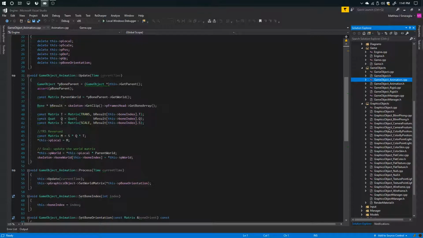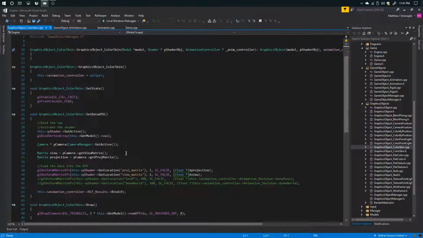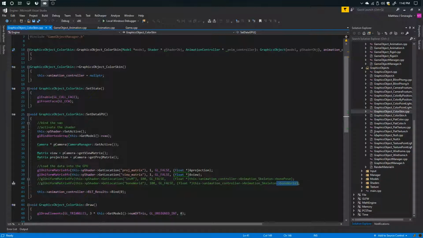And the graphics object previously was getting the camera's world and getting the inverse bone pose and the current resulting bone world from the interpolated animation between frames. And so the new system, we had to first set up the new